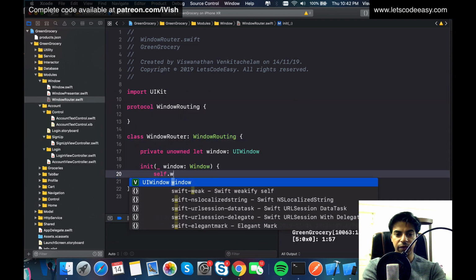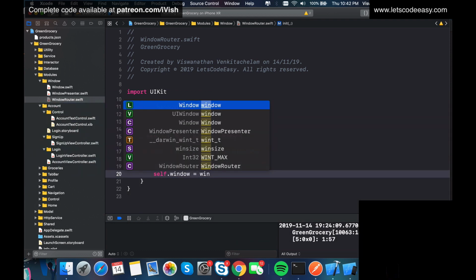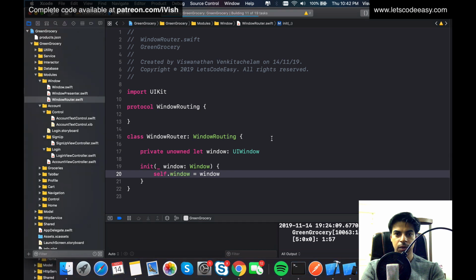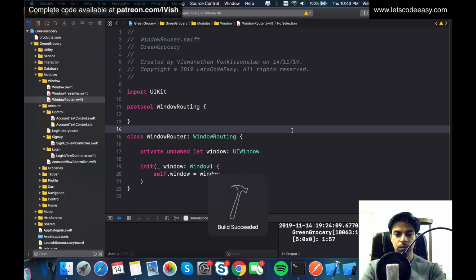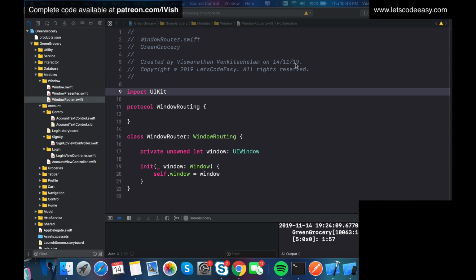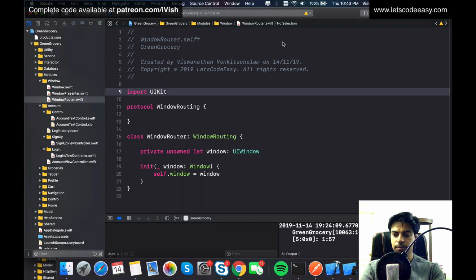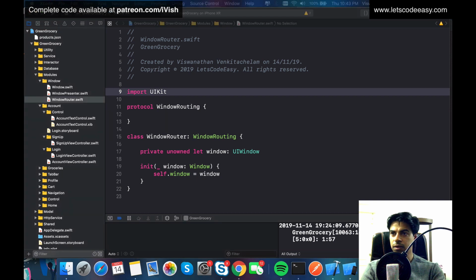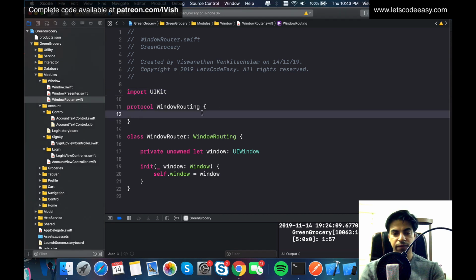Keeping a weak reference or an unknown reference of the window here. So things are compiling fine. Okay, now that's taken care of. That is my router, and basically what's going to happen is this router is going to define a function which